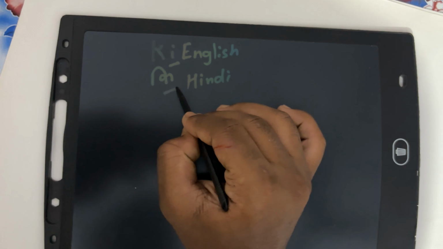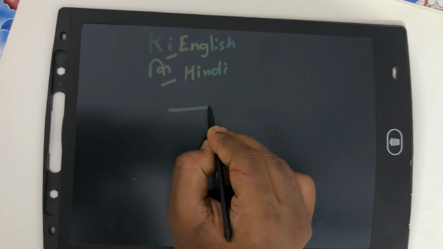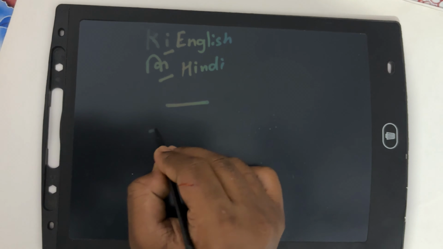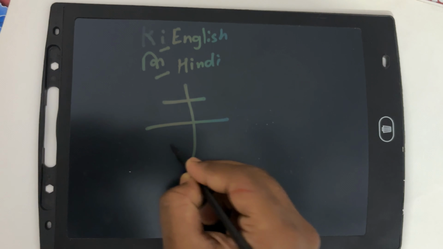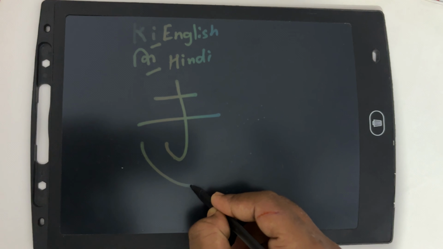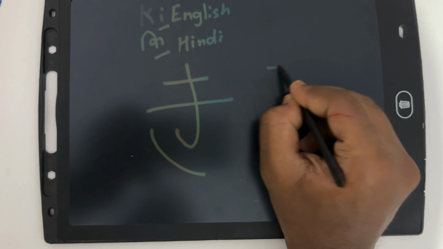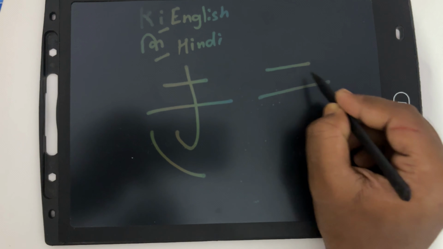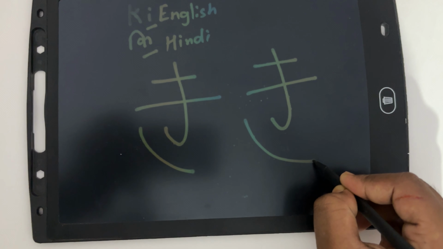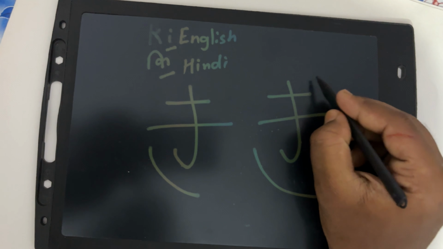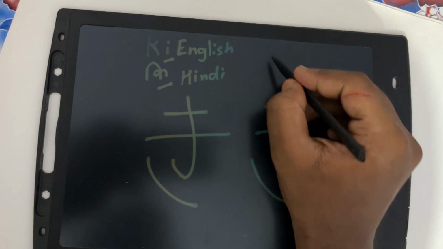In Hindi, Ki. In Japanese, once more. It is first. And second method is